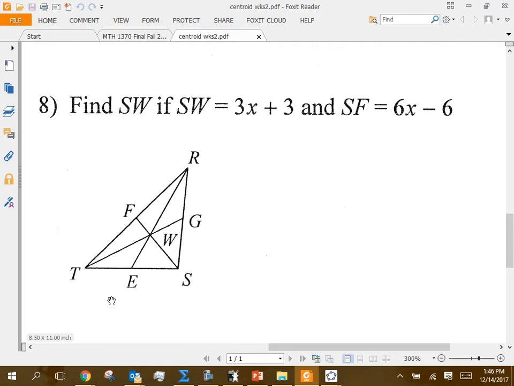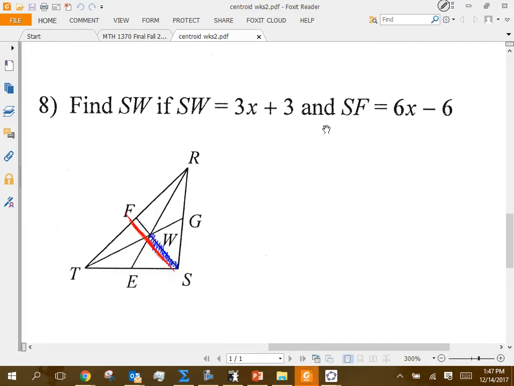If we look at SW, so SW is going to be that blue segment, right? Okay, so SW, and then compare that to SF. SF is that red segment, right? So I've had people today, as we're trying to explain some of these, they made the